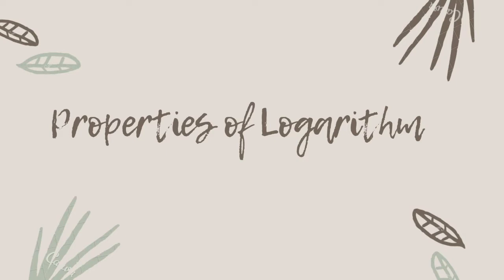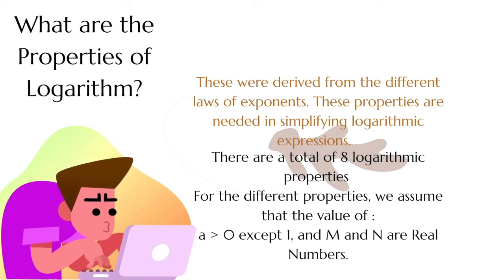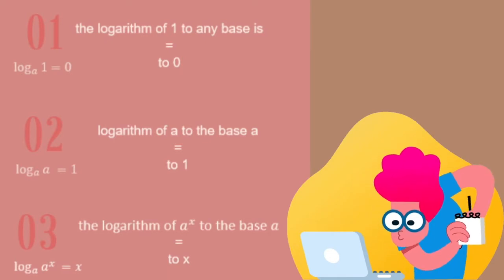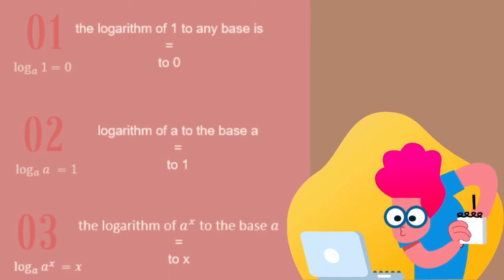The different properties of logarithms were derived from the different laws of exponents. These properties are needed in simplifying logarithmic expressions. For the different properties, we assume that the value of a is greater than 0 except 1, and m and n are real numbers. There are a total of 8 logarithmic properties, and these are: